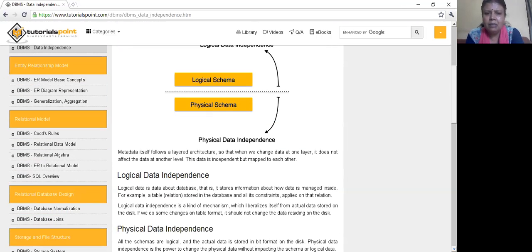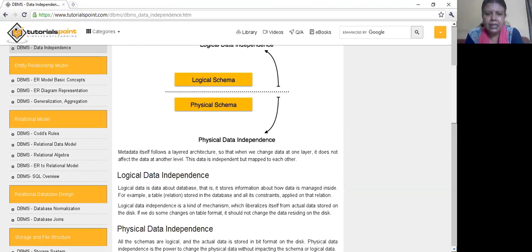Logical data is data about the database. That is, it stores information about how data is managed inside. For example, a table stored in the database and all the constraints applied on that relation. Logical data independence is a kind of mechanism which liberalizes itself from the actual data stored on the disk. If we make some changes to the table format, it should not change the data residing on the disk.